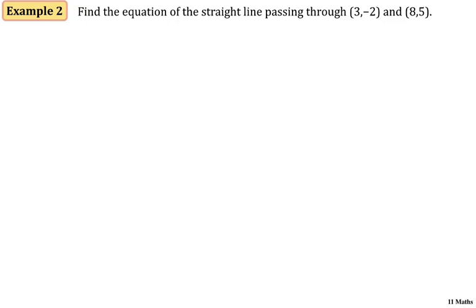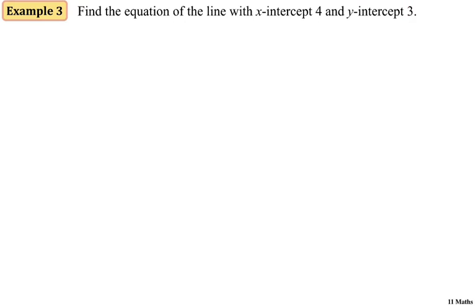Second example, find the equation of the line passing through those 2 points. When we look at the 2 points, that means effectively we've now got an x1 and y1 and an x2 and y2, because that's my first and second point. So what formula will I use? Well, if we've been given 2 points,